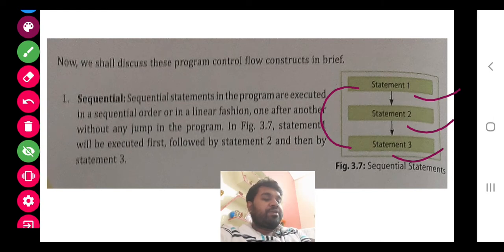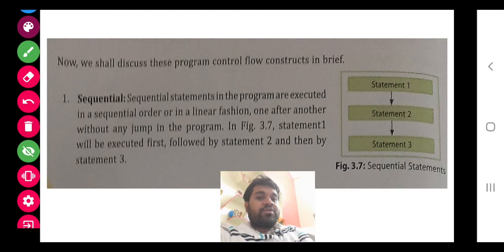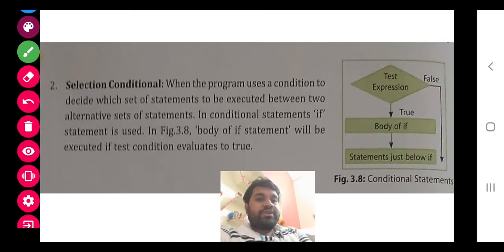Then after that the print statement, the addition program, the HRA program that I gave you last time. First of all, you entered the basic salary, then you determined HRA, then TA, then DA. After that you did the total of it. So this is the sequential way that you have already done till now. Now class, let's move to the next.